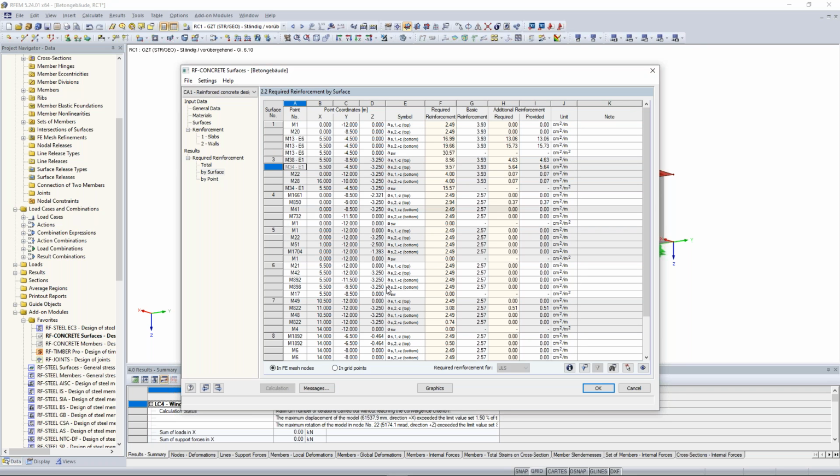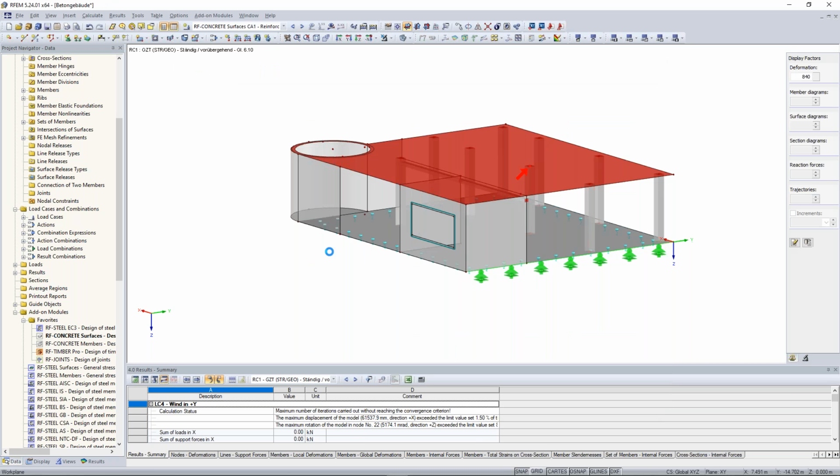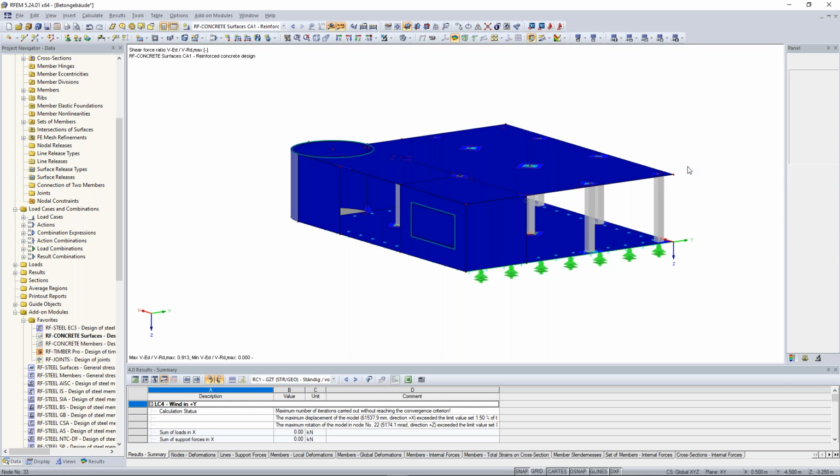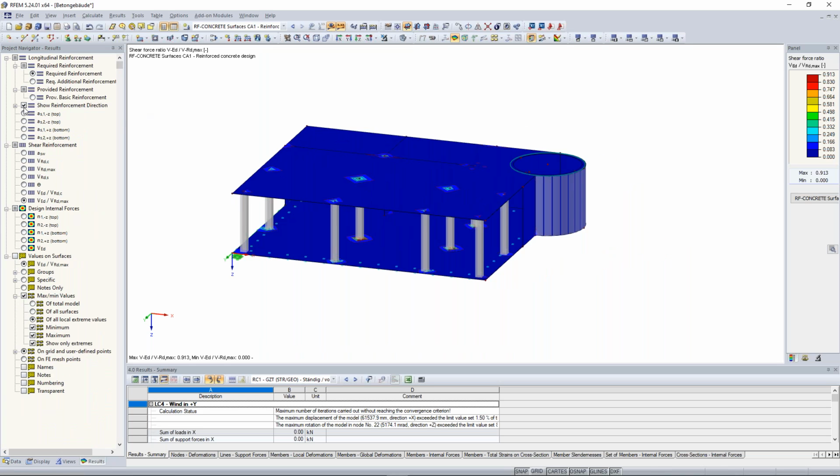You get an overview here, but I would recommend you to use the graphics in order to see it better. So what we can see now, jump to the results, click here on